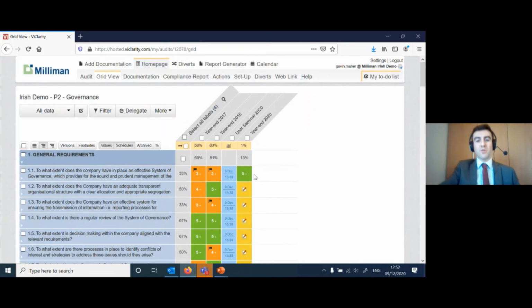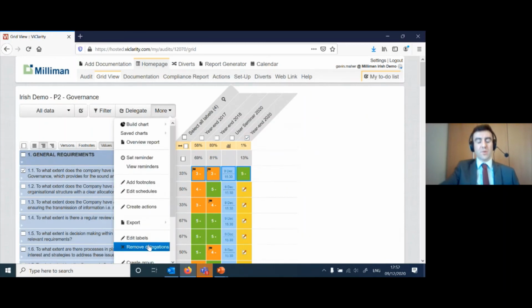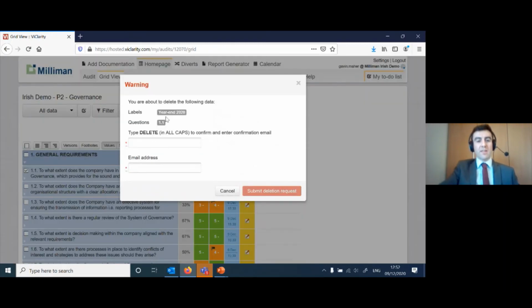If you wanted to remove that question, the way you had to do that was select it horizontally and vertically, click more, and remove delegations. So nothing's changed there. The question still has the good security warning where it tells you exactly what you're going to delete. You type it in here, but for now you actually have to send it to a separate email address as well if questions have already been answered. So you can type in an email address and then you delete that question from a link in your email.